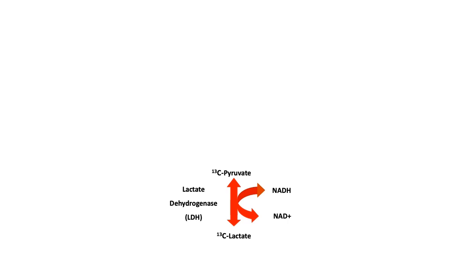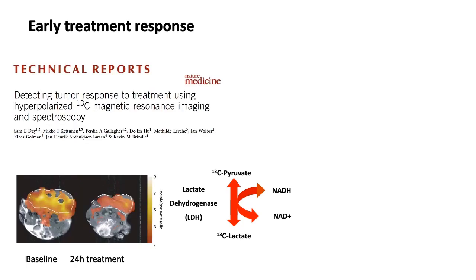The two major applications for this from the preclinical literature are firstly early treatment response, and this is the first paper demonstrating that in a lymphoma model within 24 hours of the treatment of etoposide, where there's a very significant reduction in the lactate over pyruvate ratio, as shown by the change from the bright yellow color to the deeper orange-red color. And the second is tumor grading from this